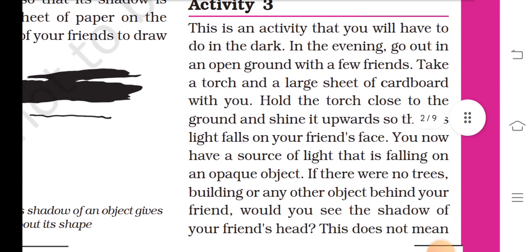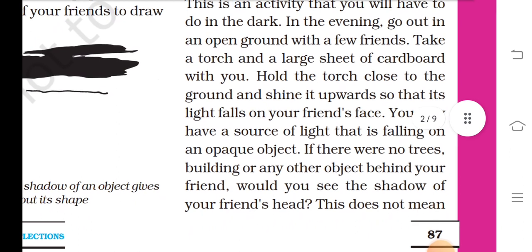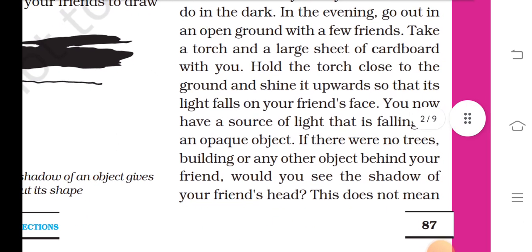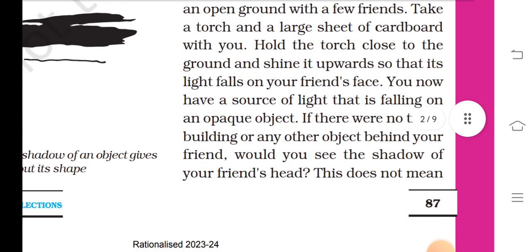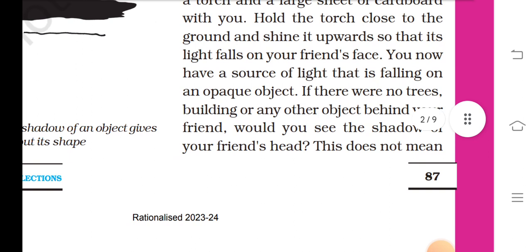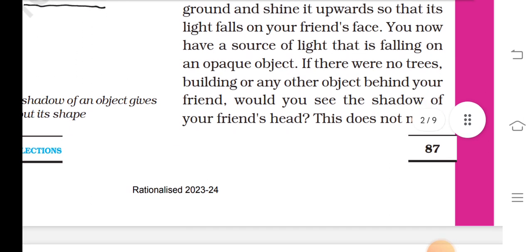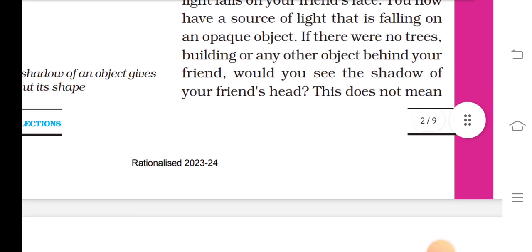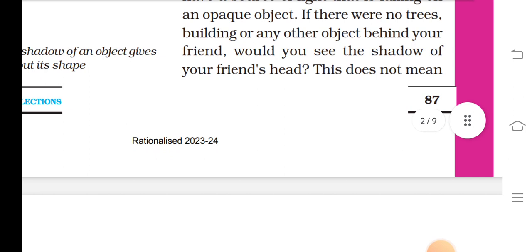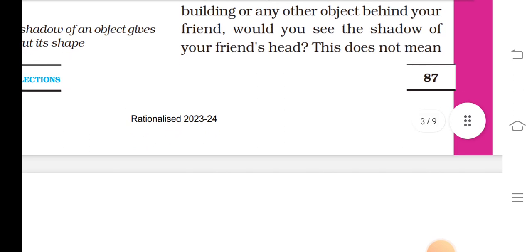This is an activity that you will have to do in the dark. In the evening, go out in an open ground with a few friends. Take a torch and a large sheet of cardboard with you. Hold the torch close to the ground and shine it upward so that its light falls on your friend's face. You now have a source of light that is falling on an opaque object. If there were no trees, buildings, or any other object behind your friends, would you see the shadows of your